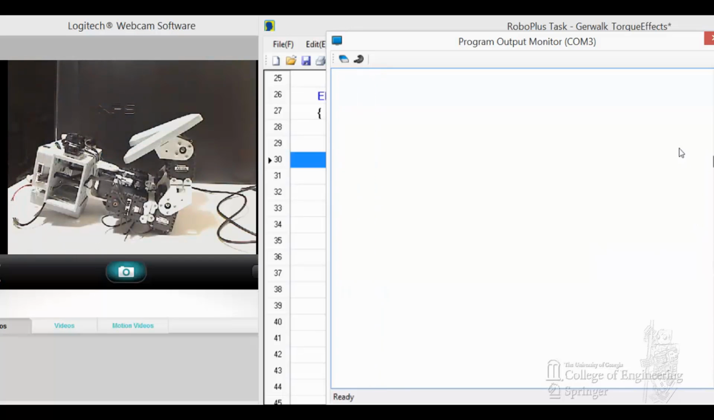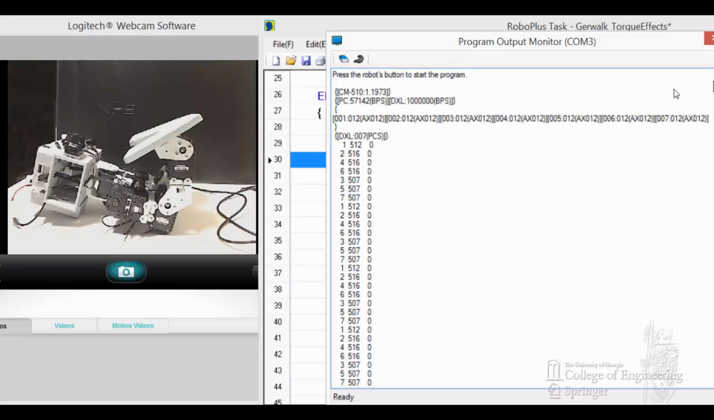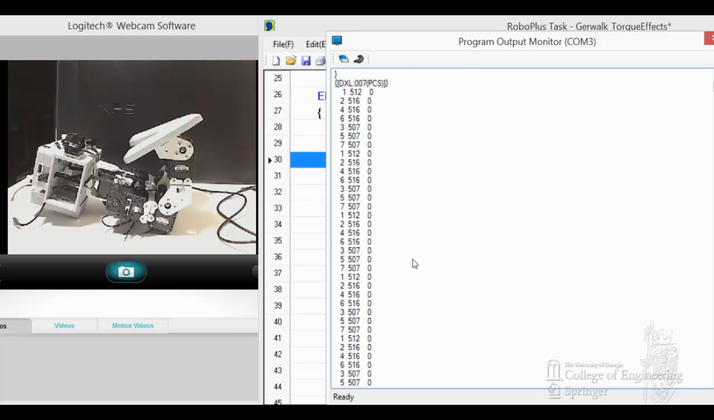Let me scroll back up. Let's see. Here we go. So it was around 512. When I push on it, torque is roughly 0. And then when I start pushing on some of them, they start reacting and have some high torque sometimes. And here at the end,